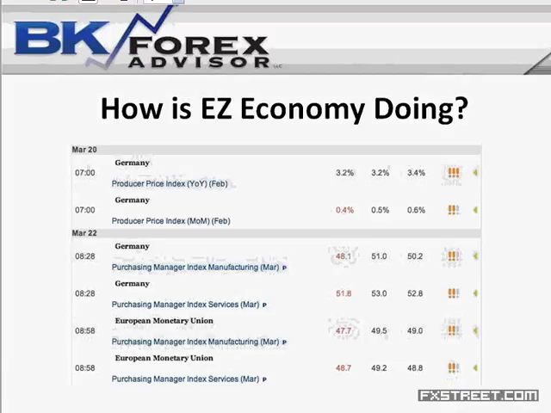And there's a great fear that because both of these numbers are below 50, that could basically point to the fact that we may have another quarter of negative GDP growth in the Eurozone, which would put Europe in a quote-unquote technical recession. So that is obviously very bad for the euro. And also we saw German producer prices released earlier this month, and even though we had oil prices on the rise, we don't have too much of an uptick in producer price growth.